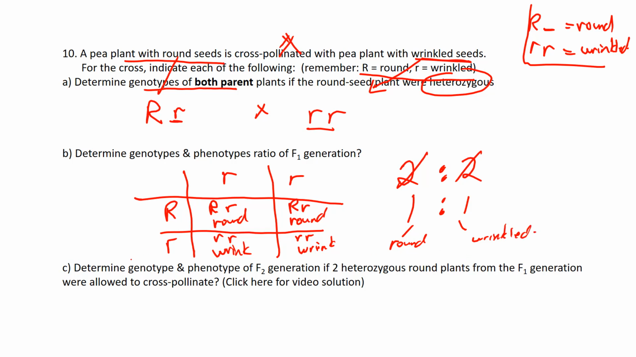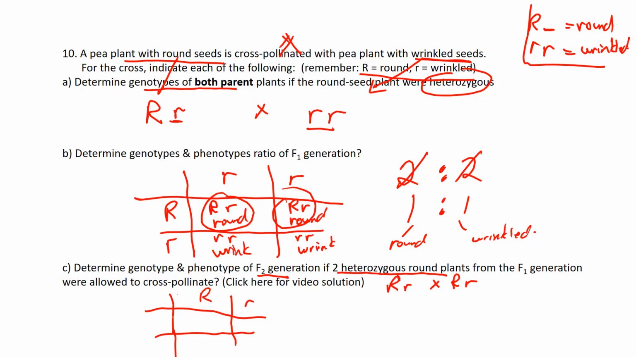Okay, and question C, determine the genotype and phenotypic ratio of an F2 generation, if 2 heterozygous round plants from the F1 generation, so they're talking about these guys, were allowed to cross-pollinate. So they're allowed to cross. And that means those parents are going to be capital R, little r crossed with a capital R, little r. We already know what the phenotypic ratio is when both parents are heterozygous, but if we want to show that in a Punnett square,